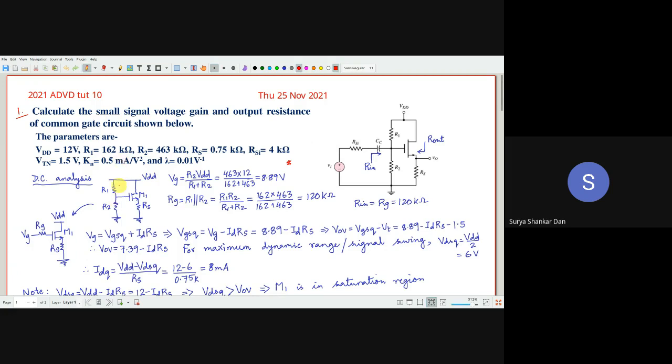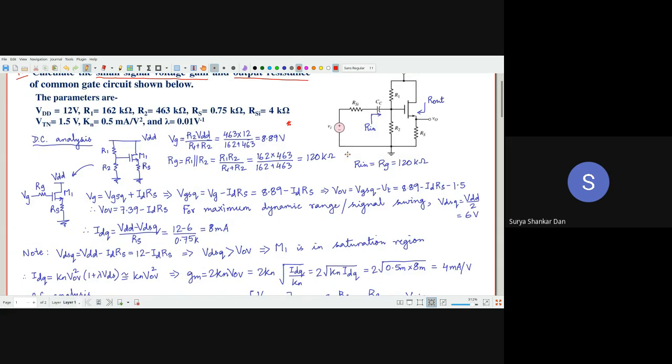Most of it should be known to all of you. So in the circuit which is provided over here, okay, we have to find the small signal voltage gain and the output resistance. Okay. So output resistance is actually seen at the output node here, VO. Rin is on the input node. Of course, it is not asked in the problem, but anyway, this is how it is. And the small signal voltage gain, that is VO by VI. All right. So how to go about the parameters are already shown over here.